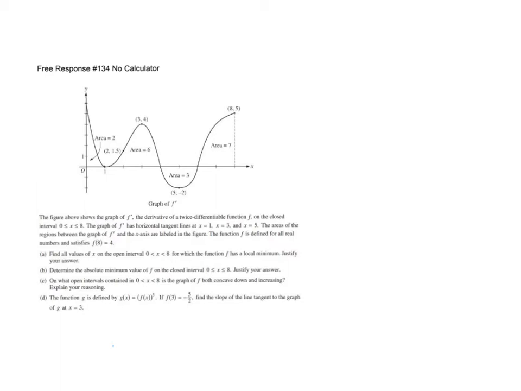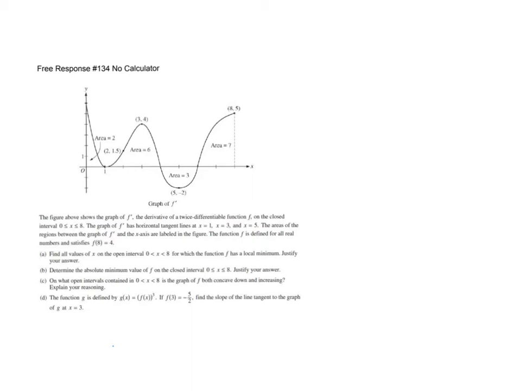For A, find all values of x on the open interval 0 less than x less than 8 for which the function f has a local minimum. Justify your answer. That means show some math or write an explanation. Letter B, determine the absolute minimum value of the function on the closed interval 0, 8, and justify your answer. Letter C, on what open intervals contained in 0, 8 is the graph of f both